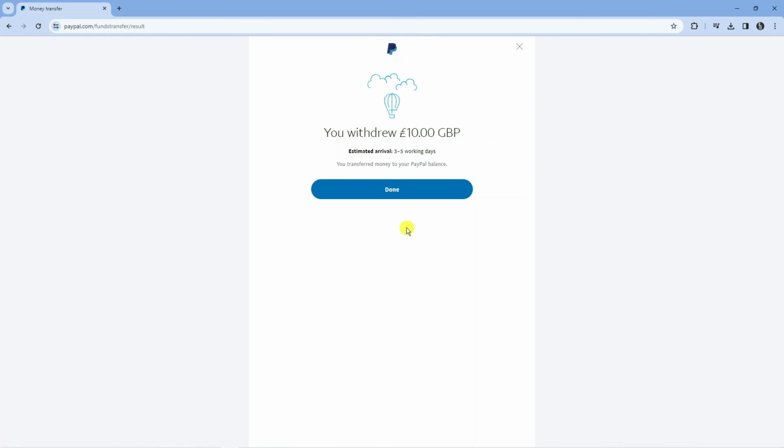it's going to process that through. As you can see, it says you withdrew 10 Great British pounds, estimated arrival 3 to 5 working days. You transferred money to your PayPal balance. All you need to do is click Done, and that is how to transfer money from your